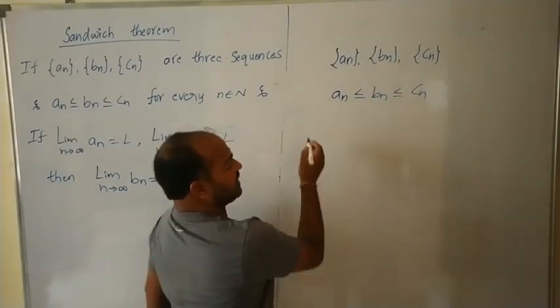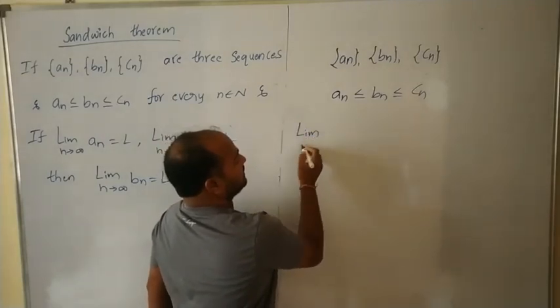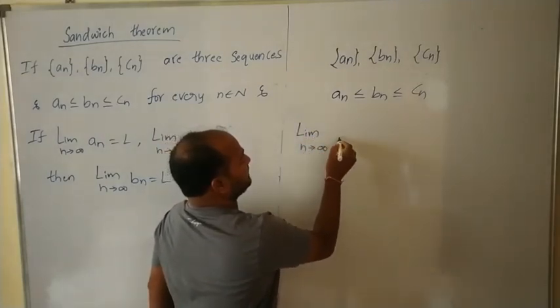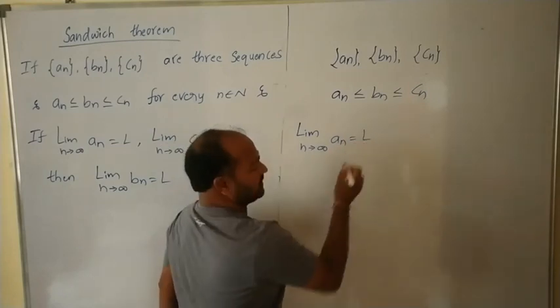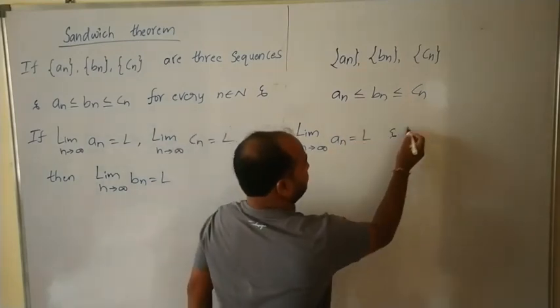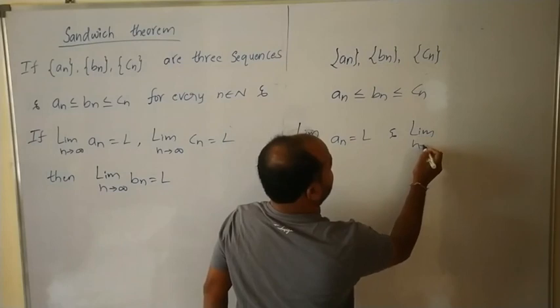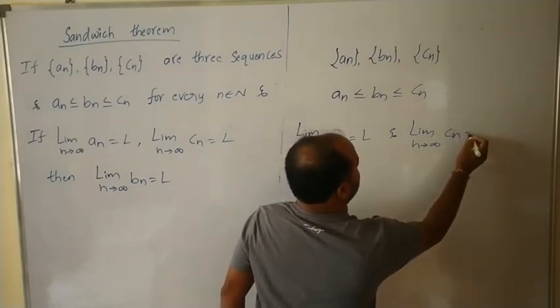Suppose if you have limit n tends to infinity an is equal to l and limit n tends to infinity cn is equal to l,